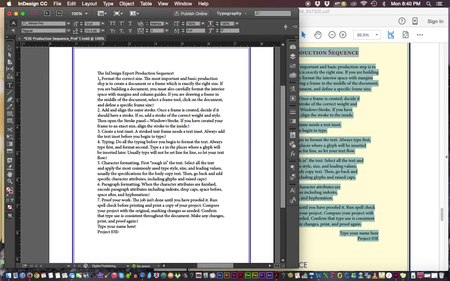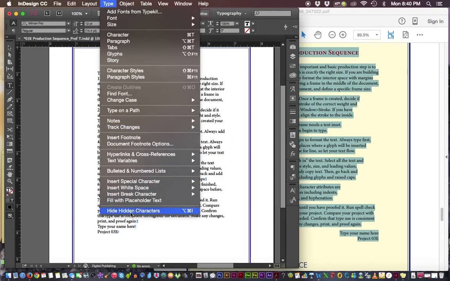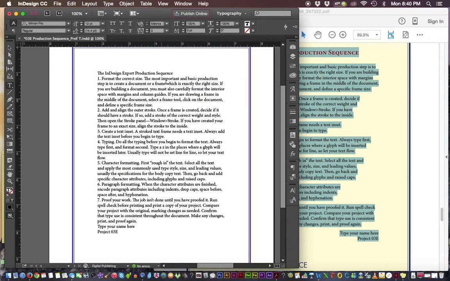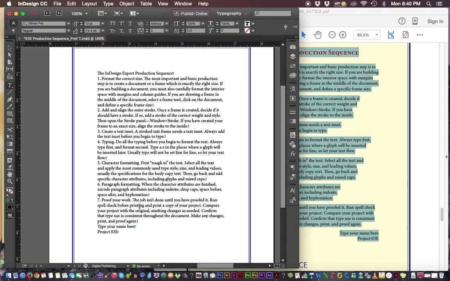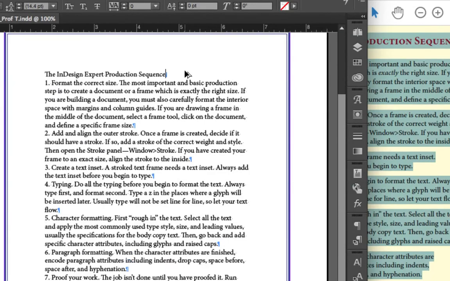So if you get to copy and paste this, fantastic. Now one thing that I have turned on here, and if you don't have this turned on, you want to show hidden characters, because it may look like this without the hidden characters. Go ahead and go under Type, and all the way to the bottom, Show Hidden Characters. Because what we want to do, and we're going to take a look at this,